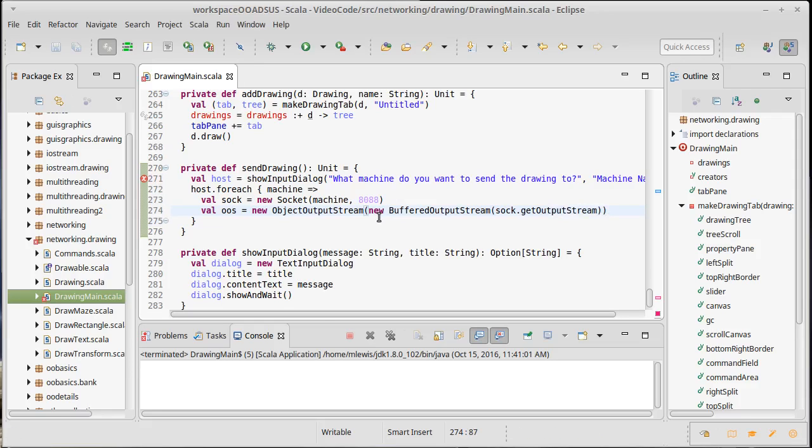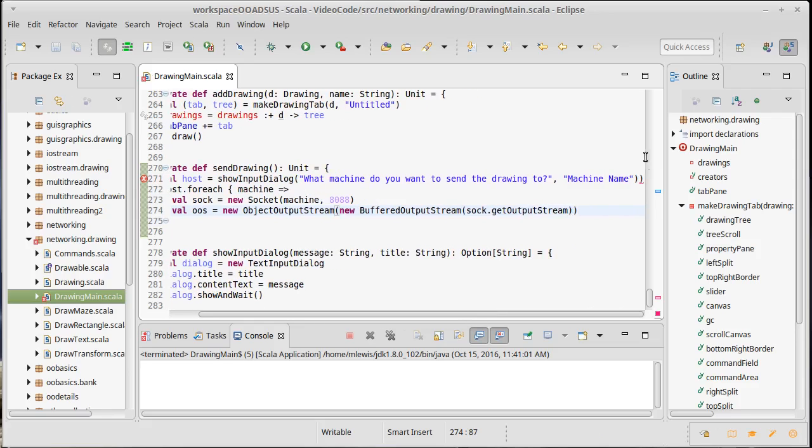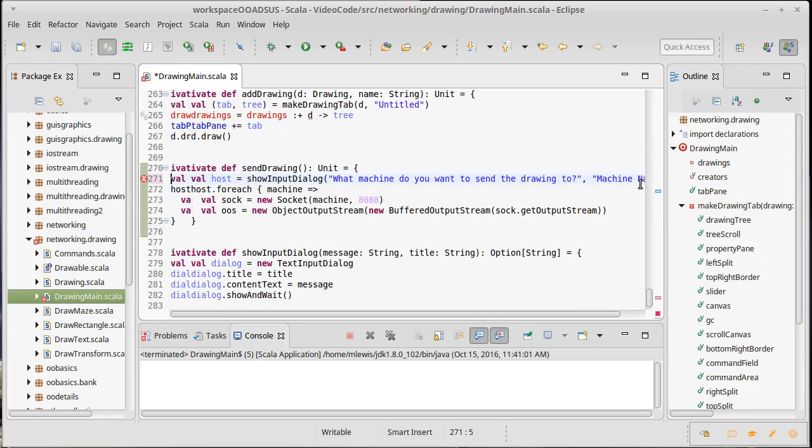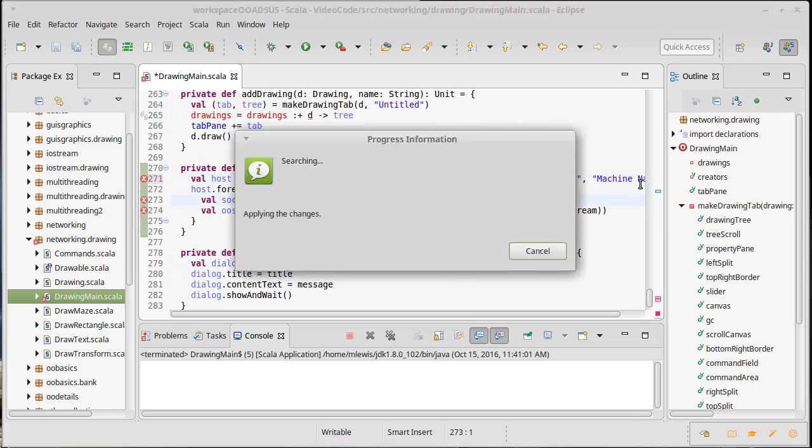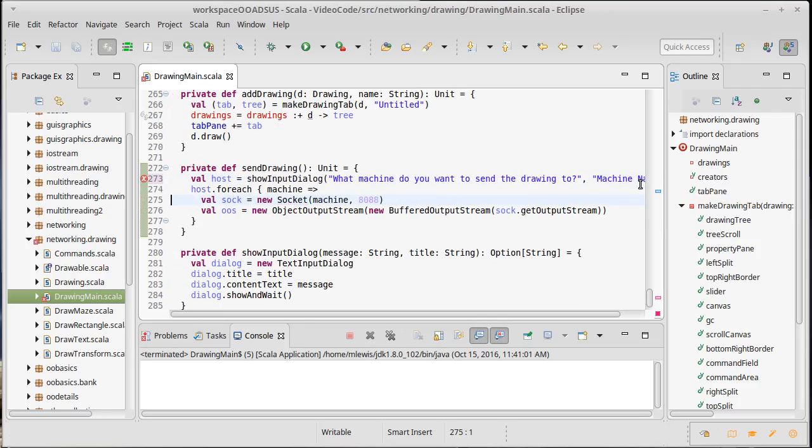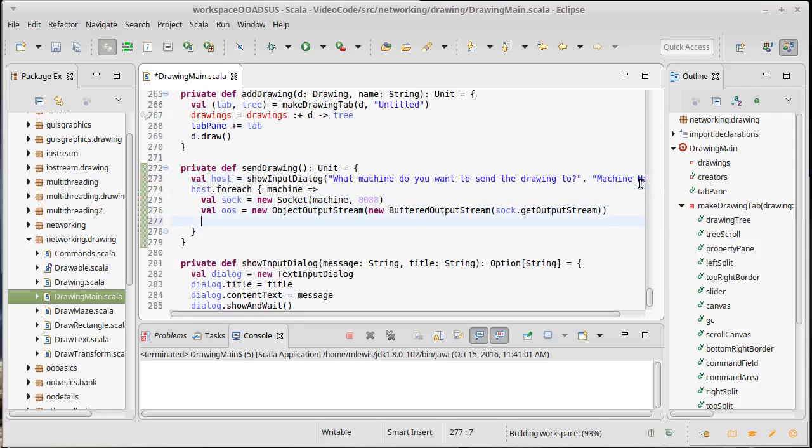Okay, it's unhappy. Yep, I don't think I have two close parentheses there. And now we can do some imports, and we'll make sure that's all happy. It is. Okay, so I have an output stream,